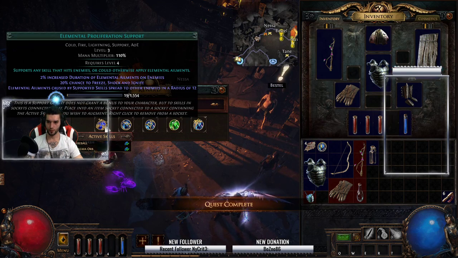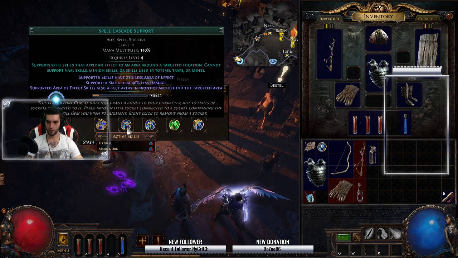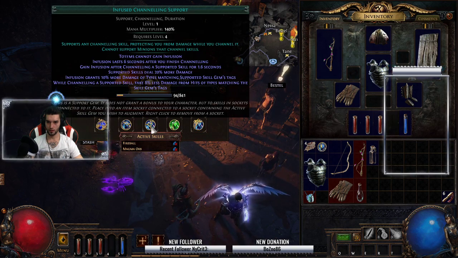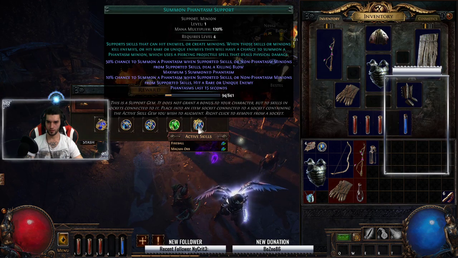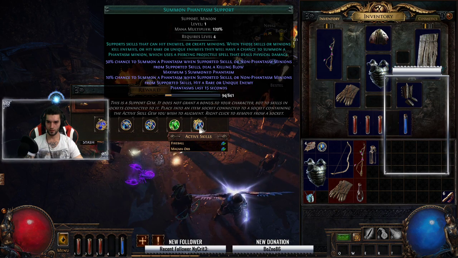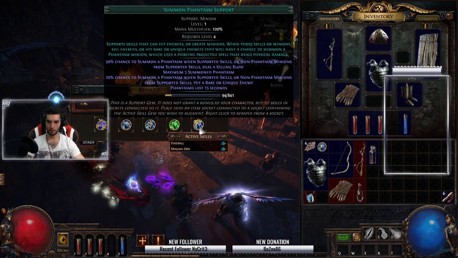Wow. Supports any skill that hits enemy. Supports spell skills that apply an effect. Supports any blah blah. Support skills that can hit enemies or create minions. A 50% chance to summon a...